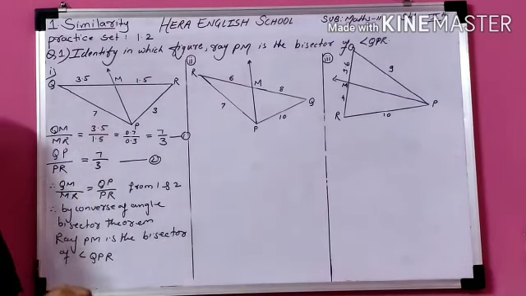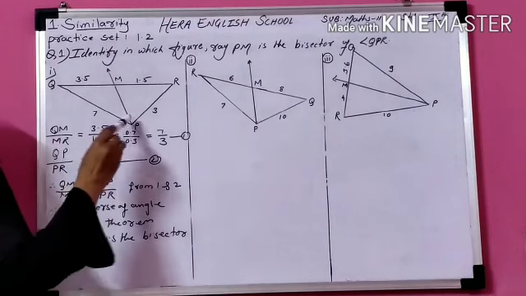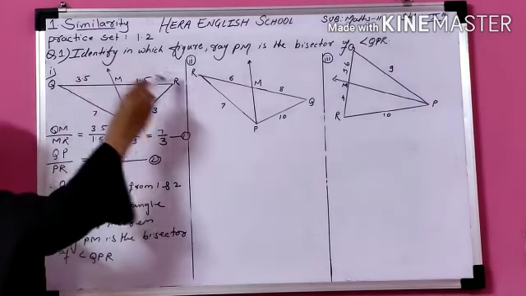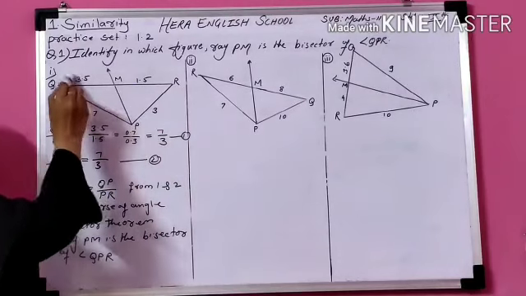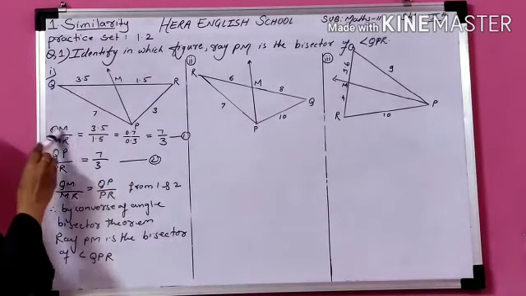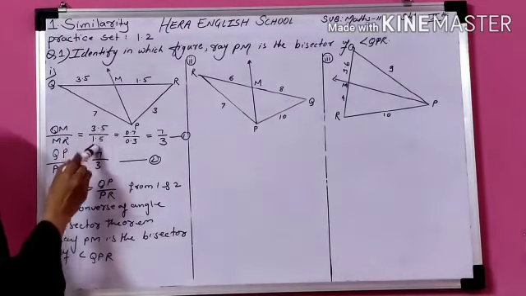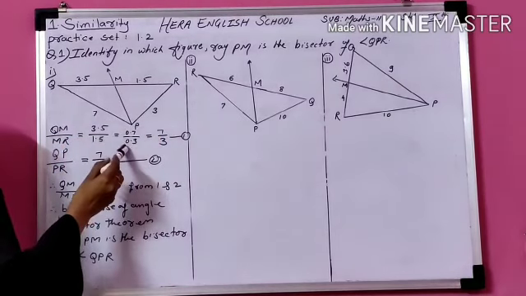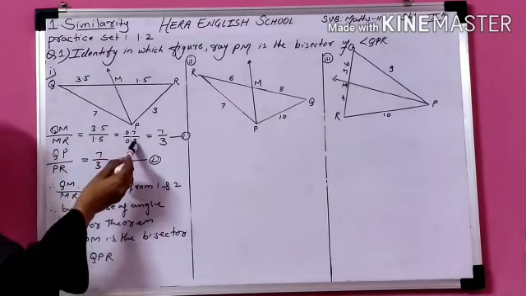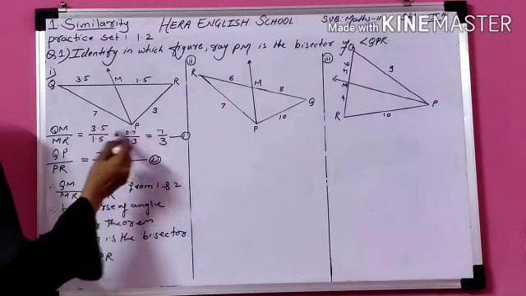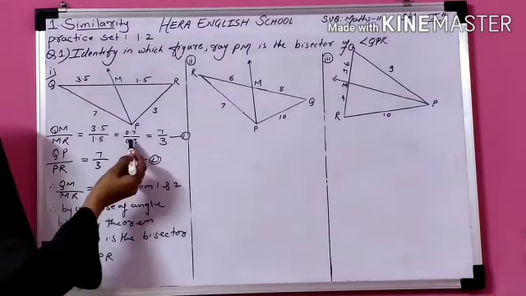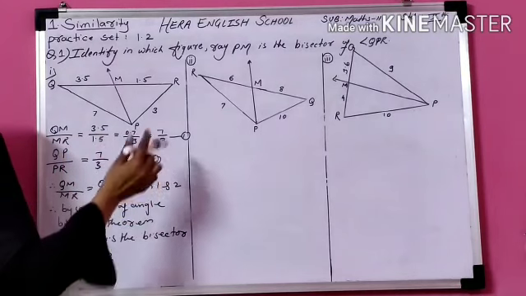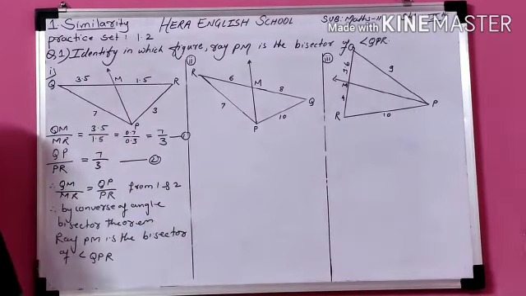What about the converse of the angle bisector theorem? The ratio of the side opposite to the angle. So this side is opposite to the angle P. I find the ratio QM upon MR: 3.5 divided by 1.5. 5 7s are 35, 5 3s are 15. 0.7, 0.3 because points are there. Now the point and the same digit cancel. So the answer is 7 upon 3.